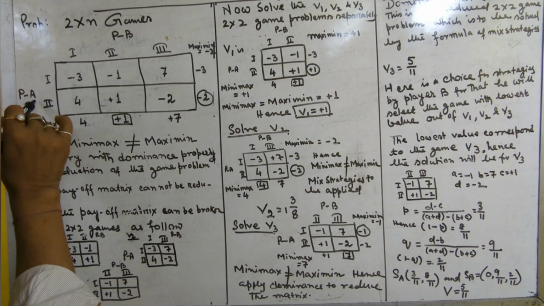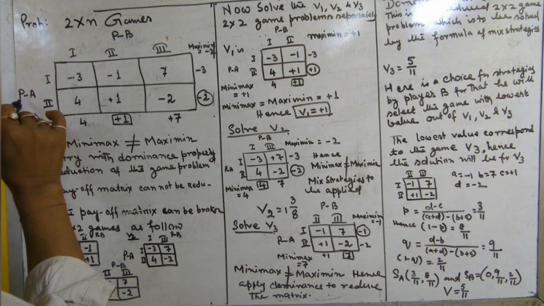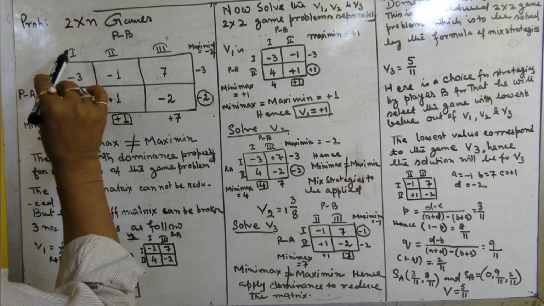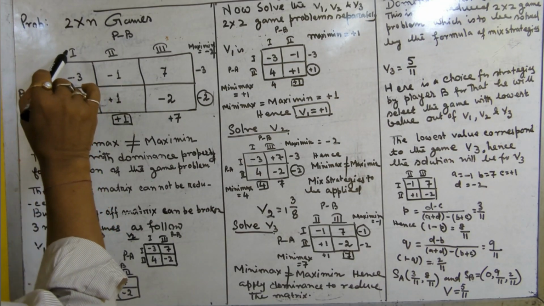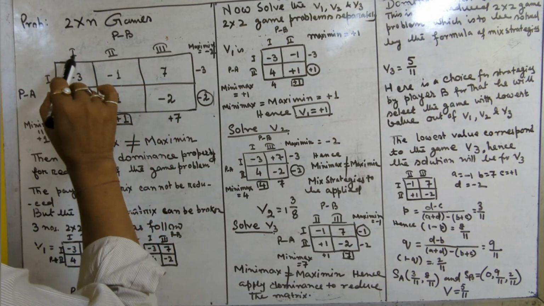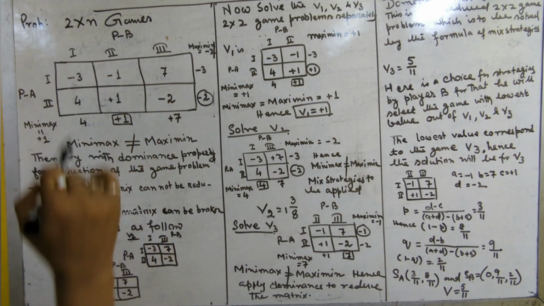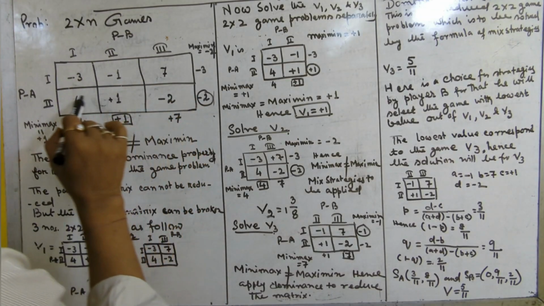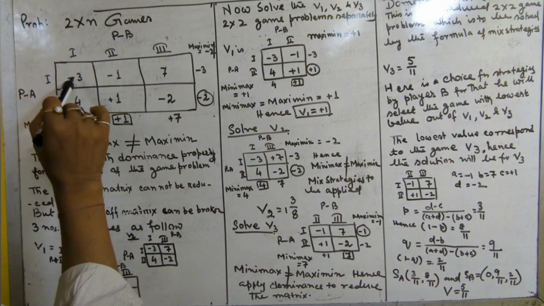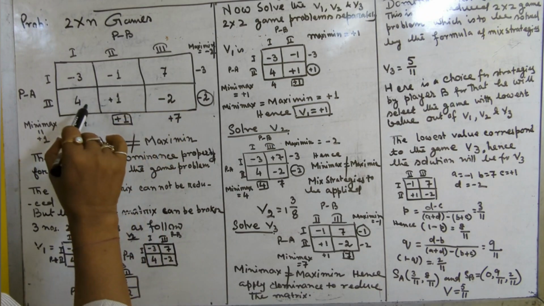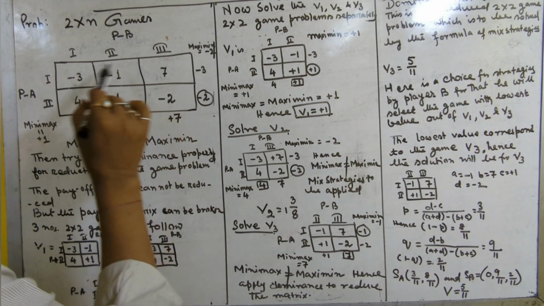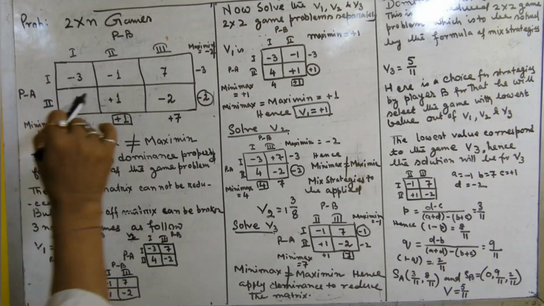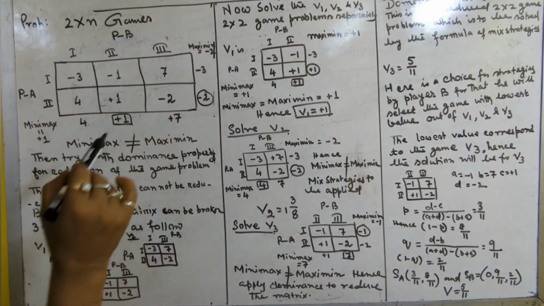This is the 2 by 3 problem. Player A has 2 strategies, strategy 1 and 2, and player B has 3 strategies, 1, 2 and 3. Payoffs are given in the matrix like -3, -1, 12, 4, 1, -12. These are the payoffs for different combinations of strategies. I am not going to discuss this in detail. Now I am going to